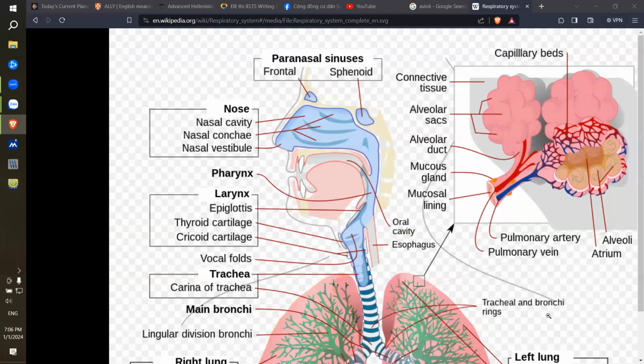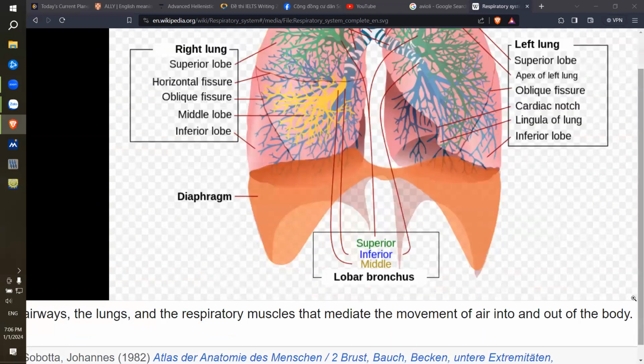Okay, you have to understand those things. All right. What else can you mention about the respiratory system? Think about the trachea, think about the diaphragm. This is a huge muscle that is responsible for breathing in and out, right? So you said that when the diaphragm contracts, what happens?